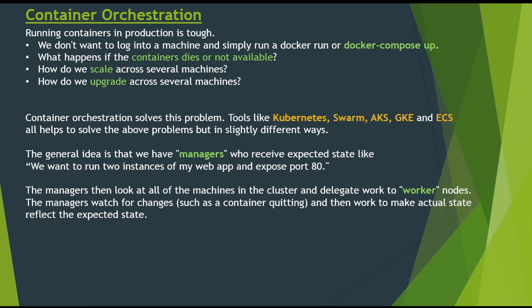Then if one of our containers dies or is not available for any reason, there will be issues, right? And how can we scale our containers or services across different machines, or how can we upgrade those containers or upgrade our packages or anything about our application or services, how can we scale or upgrade those, right? So these are the main issues we found after running Docker run or Docker Compose commands.